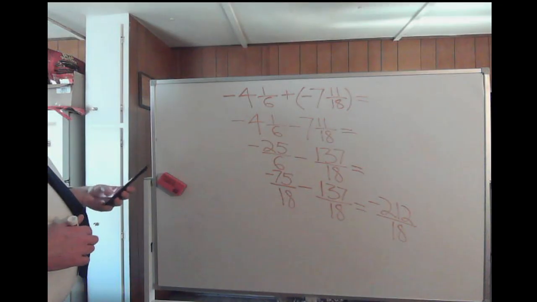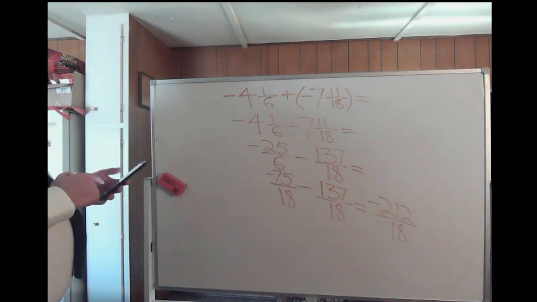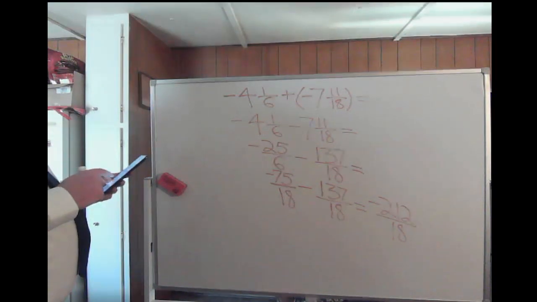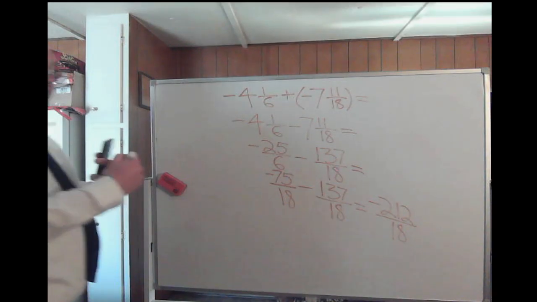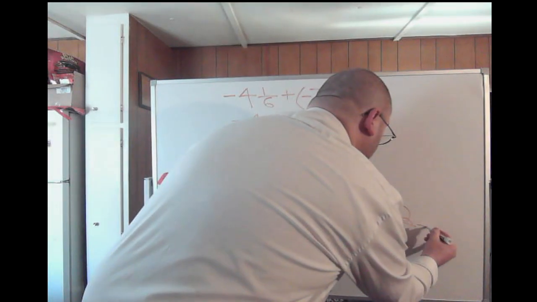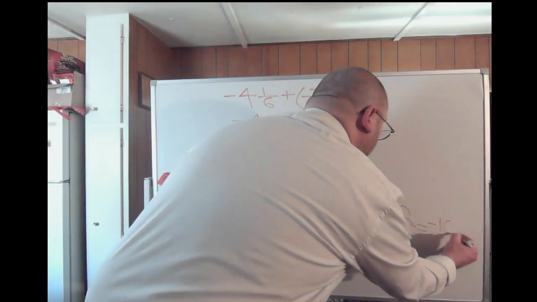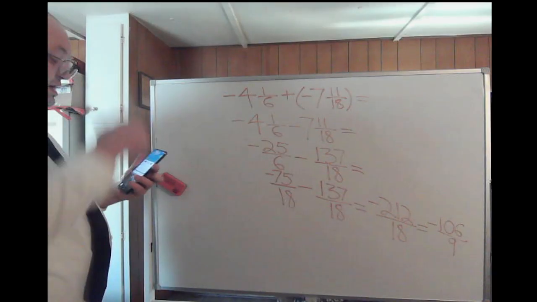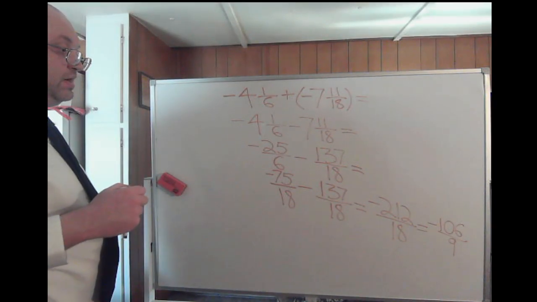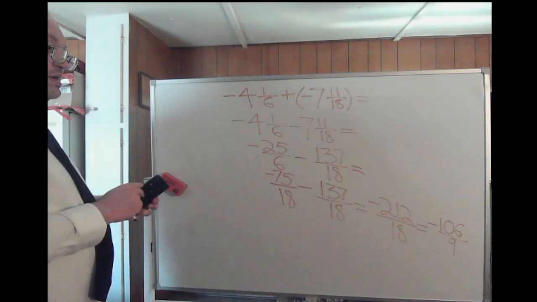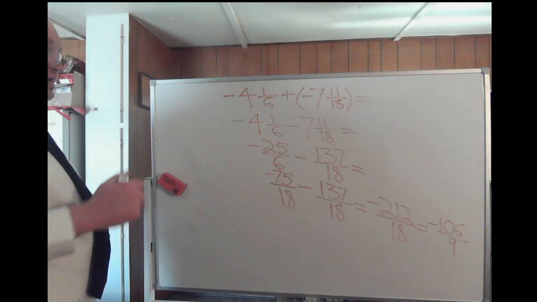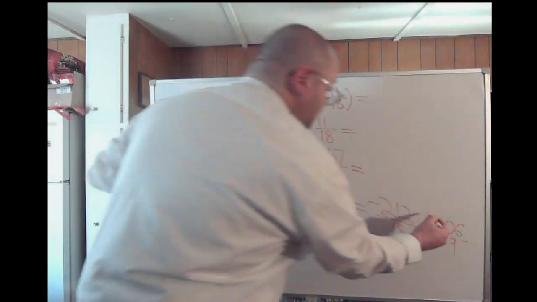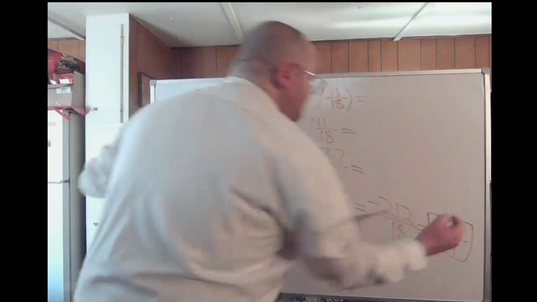Let me see if 212 over 18 goes into that at all. Nope. 212 divided by 2, that's 106 over 9. If you divide both by 2, you'll get negative 106 over 9. It's reduced somewhat. And yeah, 106 over 9 doesn't reduce any further. So one acceptable answer is negative 106 over 9, or